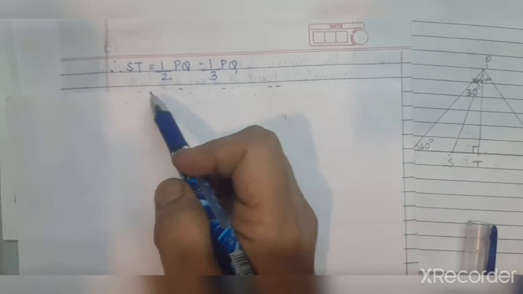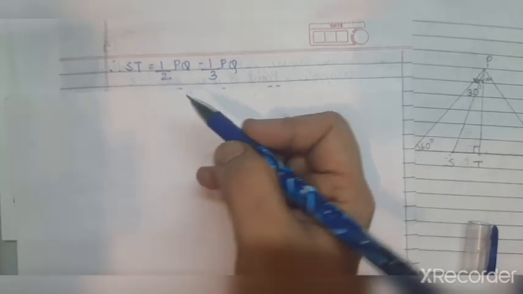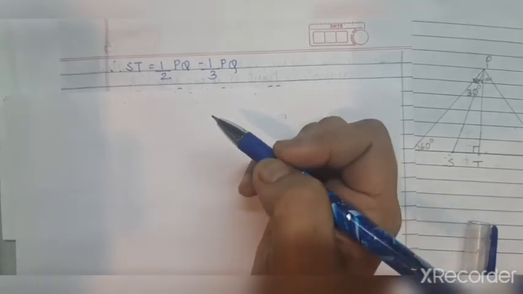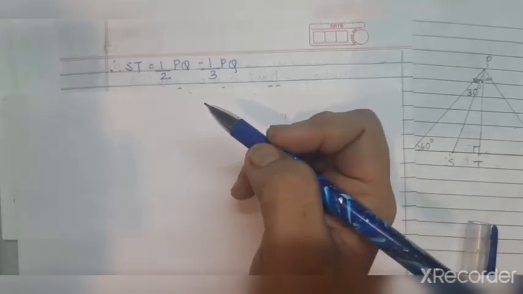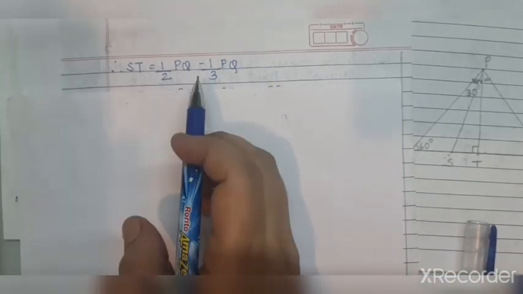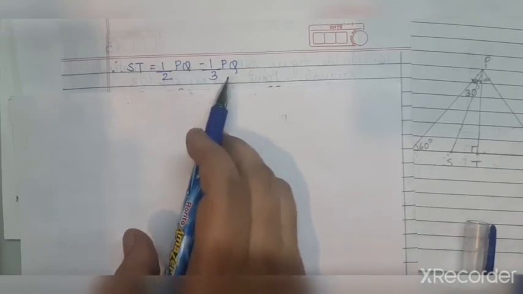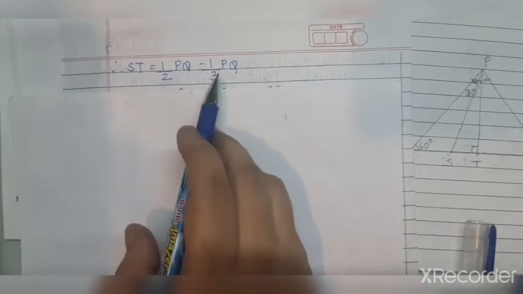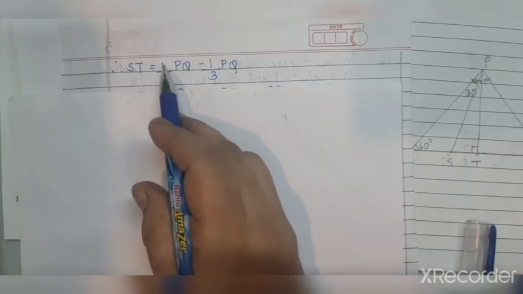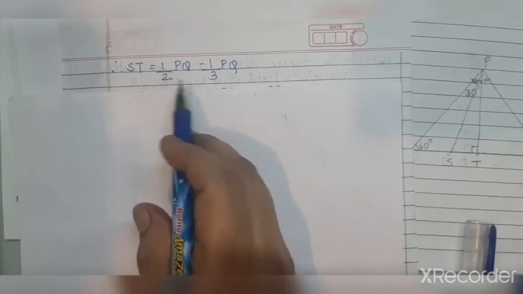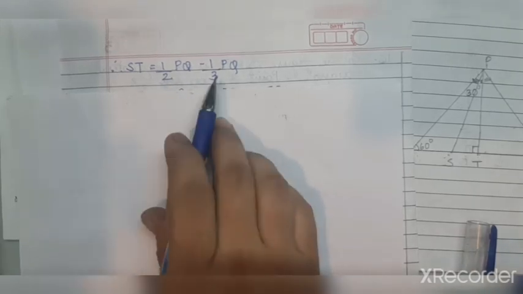Now this type of question, when we are doing operations with fractions, you have studied in the lower standard, right, from 6th standard maybe, that we cannot solve the fractions when the denominators are not the same. So first we have to equalize the denominator. In order to equalize the denominator, we multiply 3 to this denominator 2, and we multiply 2 to this denominator 3. So the denominators will be 6.